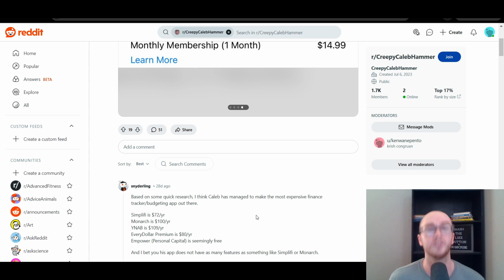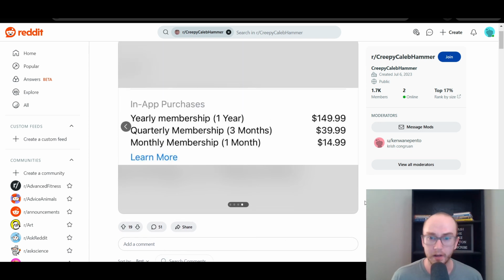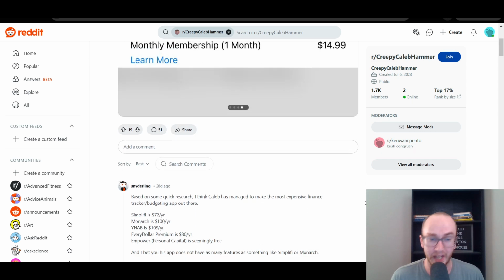And just from my own personal experience, utilizing the Monarch app for well over a year now, the Monarch app does do a really good job of the net worth tracking and the overall personal finance dashboard. But if you don't really care about that type of thing, which is something you could also get from Empower, Monarch and Empower both do those really well in my opinion. Simplify can also do it too. But if you're really looking at it purely on a budgeting basis, Caleb's app actually kind of is better than a lot of the other apps even listed here